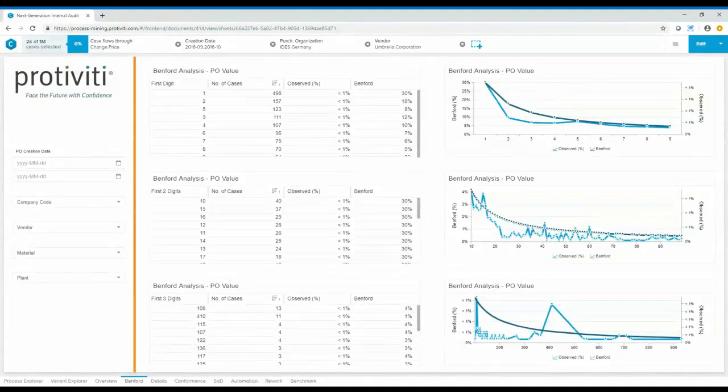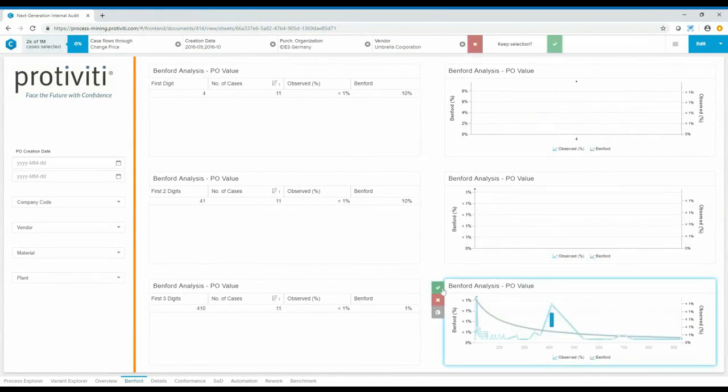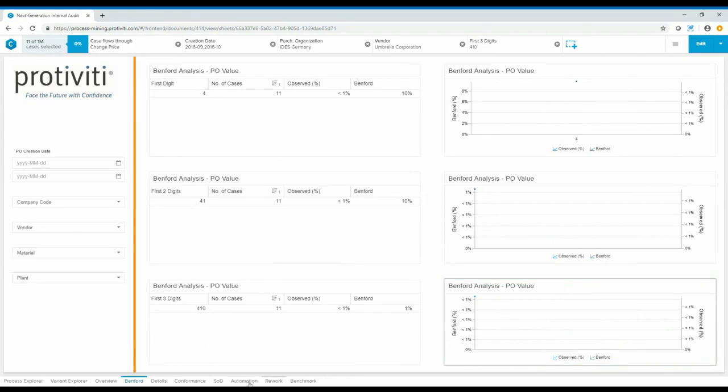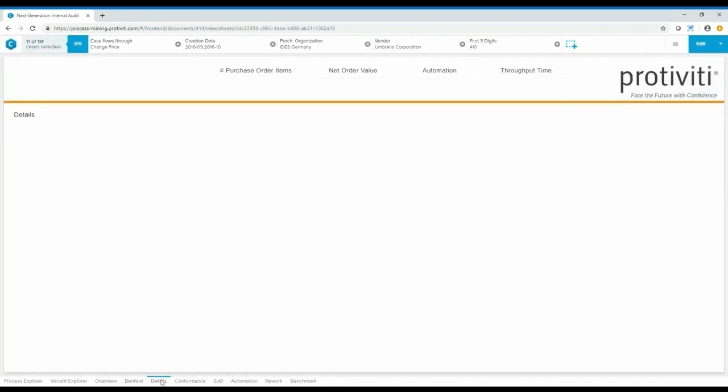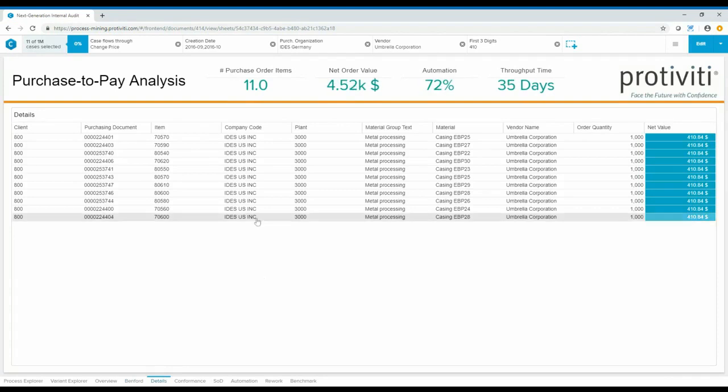So here we have our Benford's curves, first digit, first 2 digit, first 3 digit views, the statistical view versus the actual. And there are a number of filters we can apply. And we see here there is an outlier, what appears to be an outlier. All of these components are interactive and dynamic. We can click through, we can apply that filter, and then we can actually go and see the details. Right? So we can see the transactions that are creating that statistical anomaly.